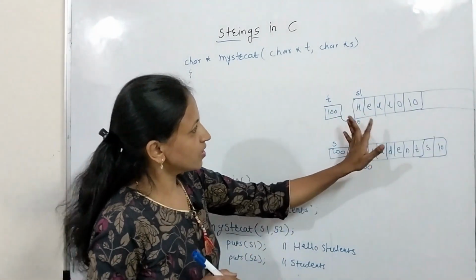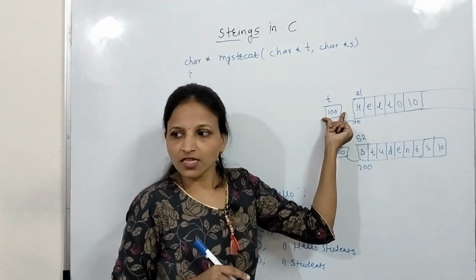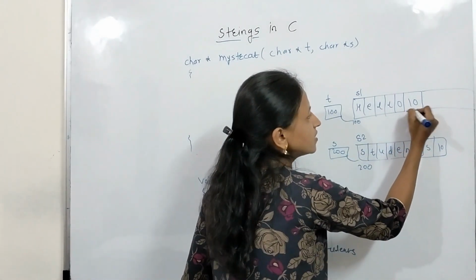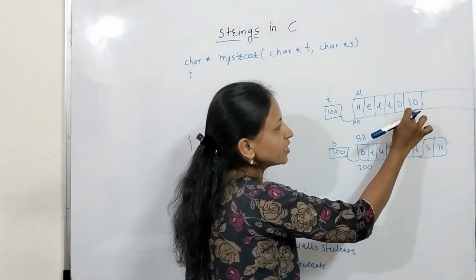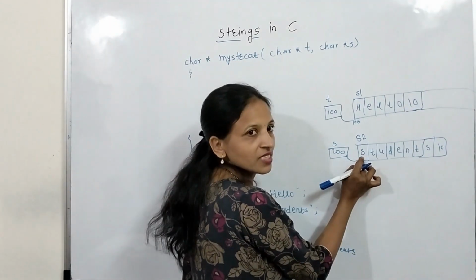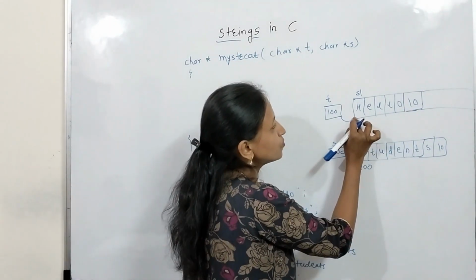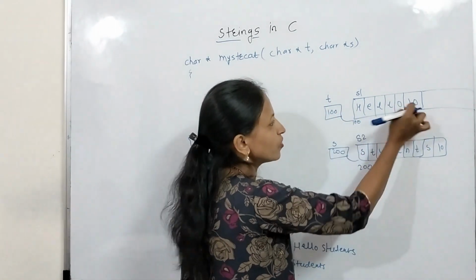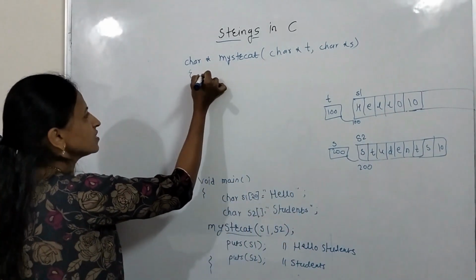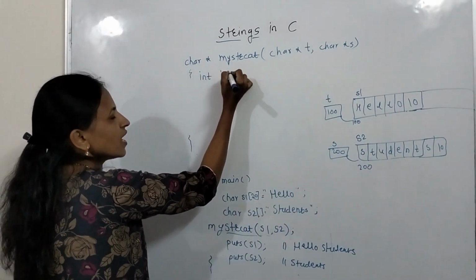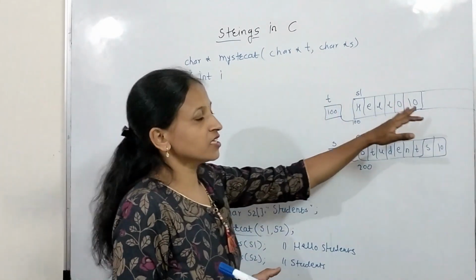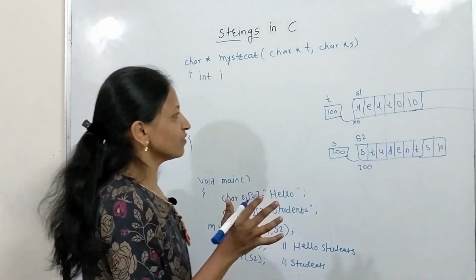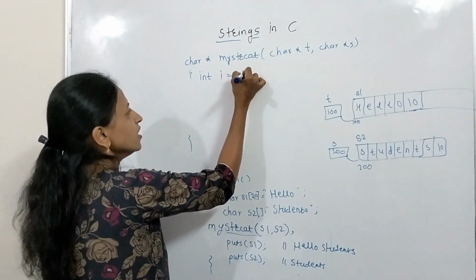Now what should be done here? From that t we have to go forward, we have to traverse till we get this character, and from this point here we have to copy this character. Means first we have to move this t here. Getting? We have to go forward to this place. Means what should be written here in the same? Here we will take one variable I. Okay, we can also modify that t, but finally we have to return that t, and that's why we will not modify it here. I equals 0.